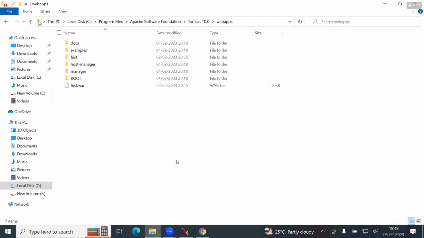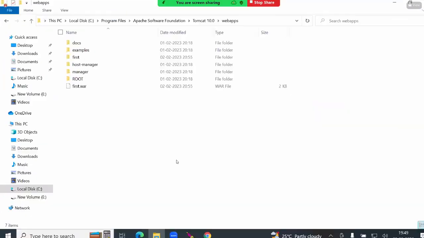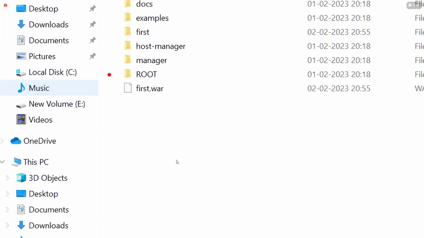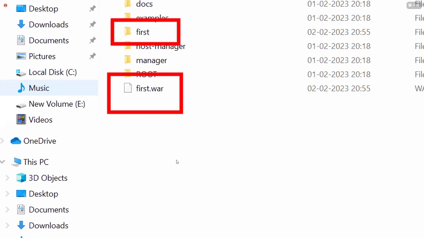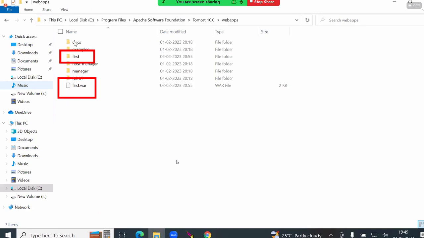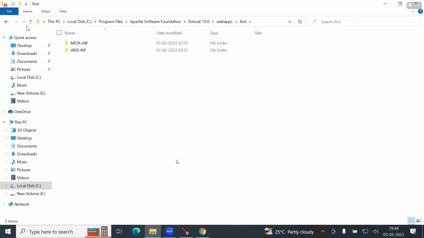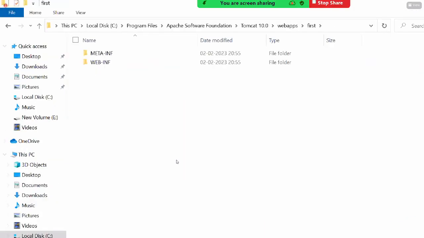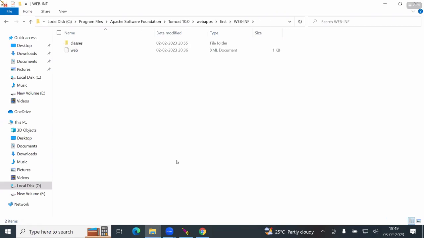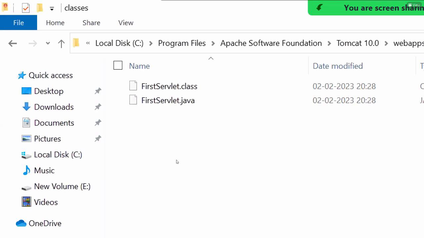Now, one more thing you observe. This war file we created, that war file is automatically extracted. Again, what will be there? First, if you open, you see WEB-INF. If you open WEB-INF again, classes and web.xml. If you open classes, you see the first servlet. But your doubt is why create the war and extract again, when you can directly copy the folder, no? That is also possible when